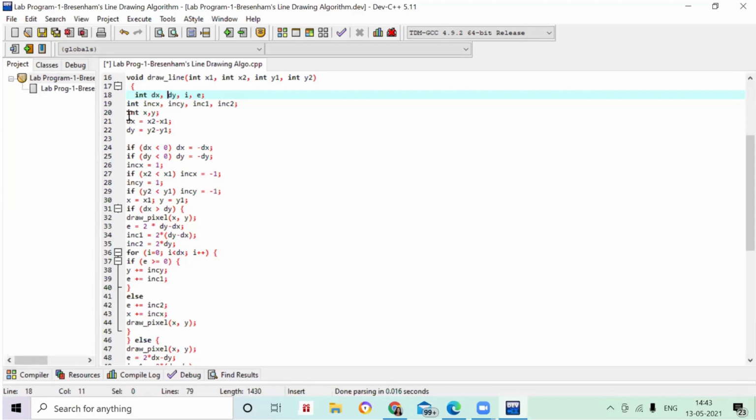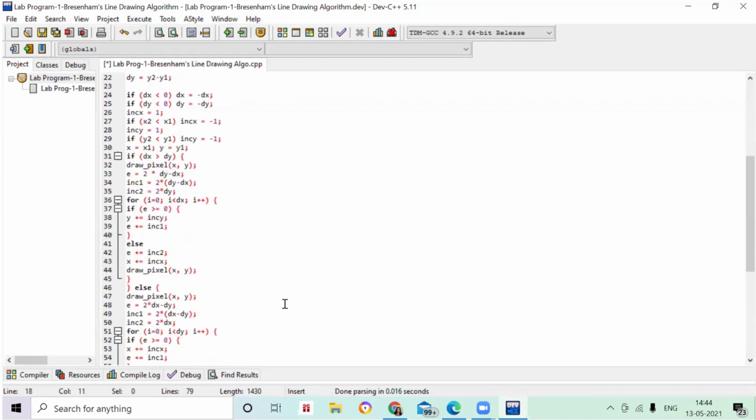So x and y, here you can see I have already declared it. Now in the next sentence, you can see we should use the formulas, whatever is there. So now in the if condition, if dx is less than dy, then I have to find out the values, the formulas. Here you can see 2 into dy minus dx. Then we are keeping this value, and 2 into dy, that also I'm keeping in one more variable name. Okay, so I have to repeat this process.